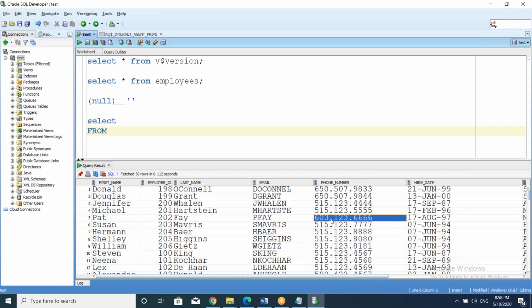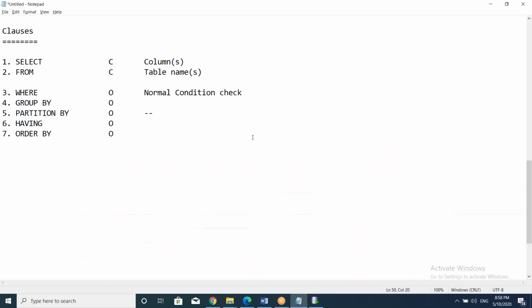So you are filtering something. If you are filtering something, then where you have to write: where column name equal to this, where hire date column name equal to this. So it will filter that type of data only, and which is matching, it will display, which is not matching, it will not display. Okay, so that is a normal condition check.